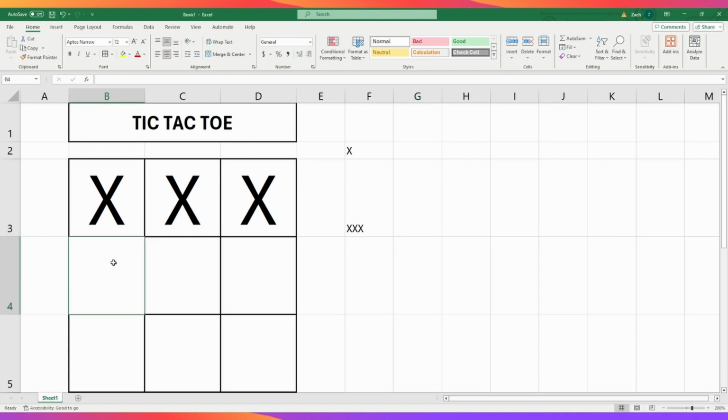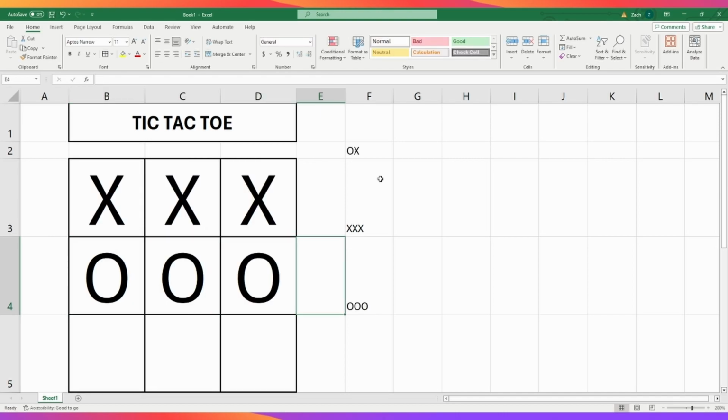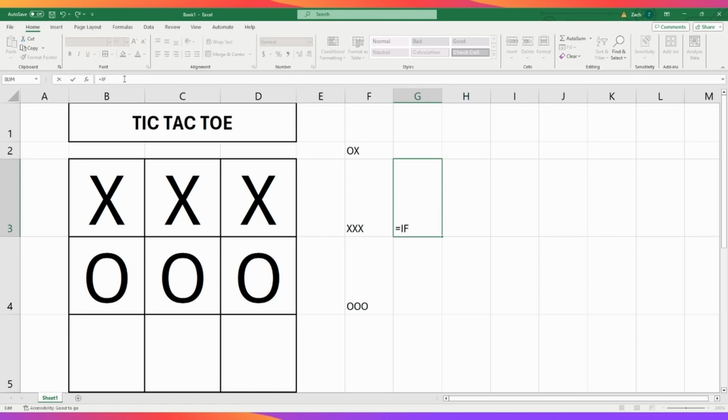So we have our logic of what is in the cell. Now we need to know, is that a winning row, column, or diagonal? The easiest way to figure that out is equals IF. That's how we start all of our logic statements. Most of our logic statements start with an IF. So we get a true, false, Boolean answer, right? If